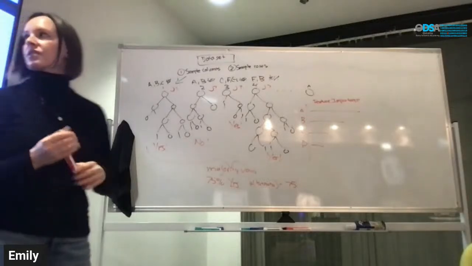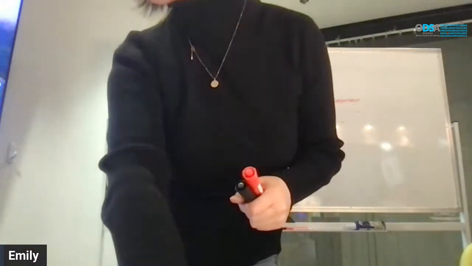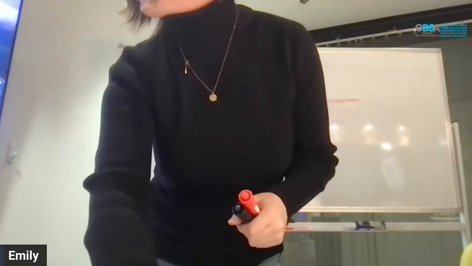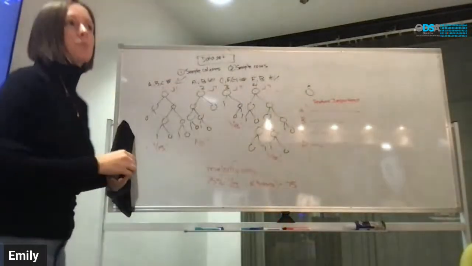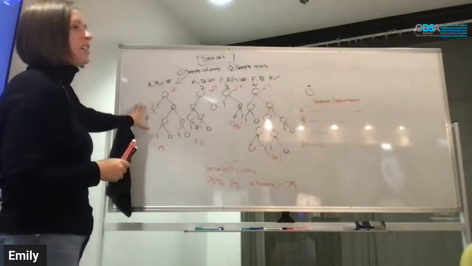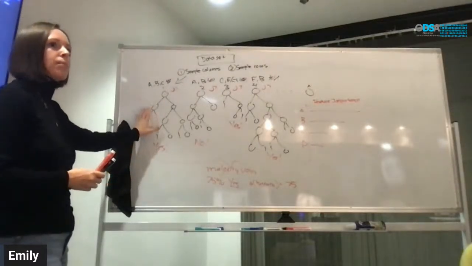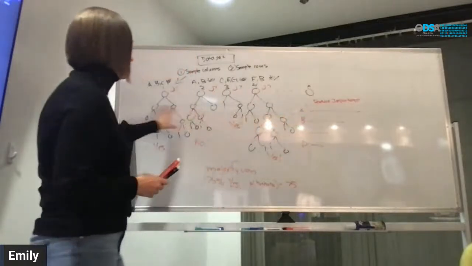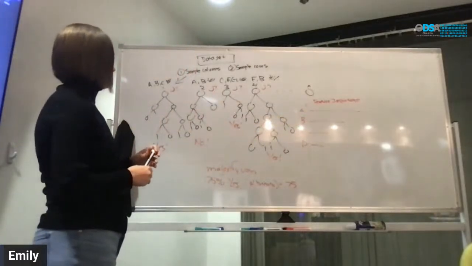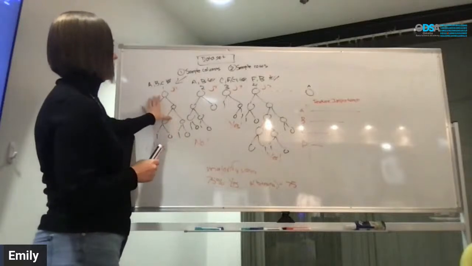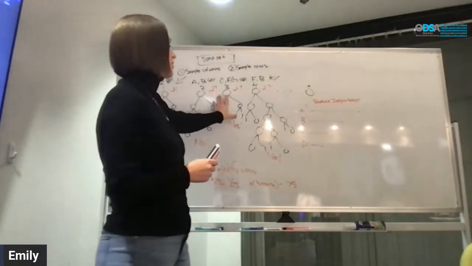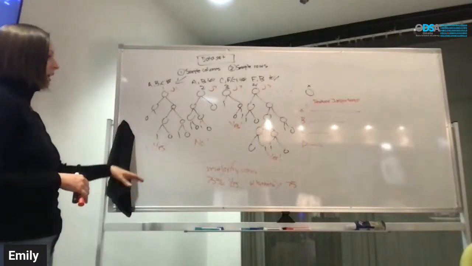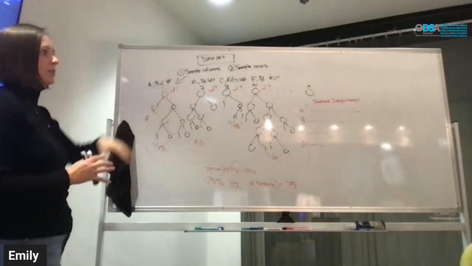Questions on decision trees? Let me see what I'm missing here. Random forest. Oh, a key term here, ensemble. This is an ensemble, which means that you're combining together a bunch of different machine learning algorithms. So this is combining together a bunch of decision trees, in this case, to make an ensemble, which is this algorithm.